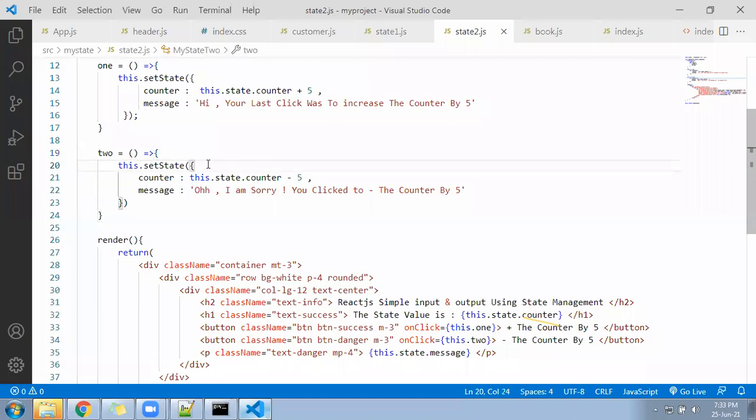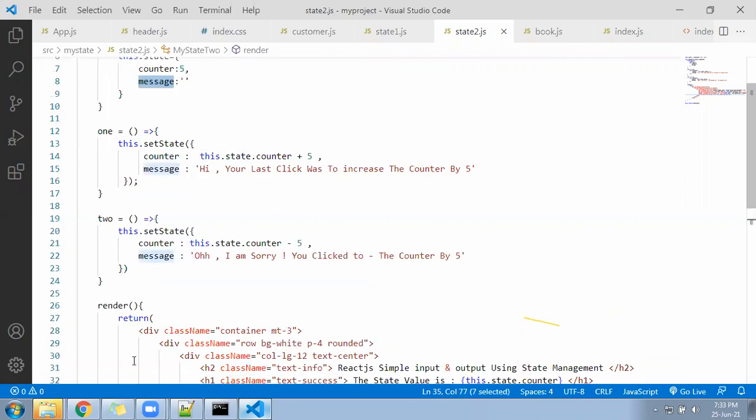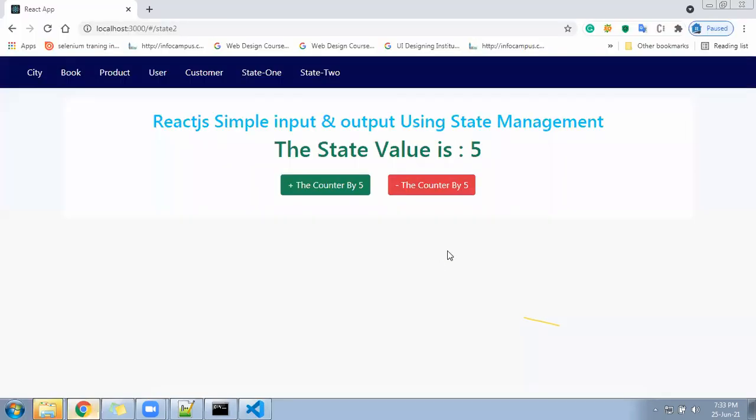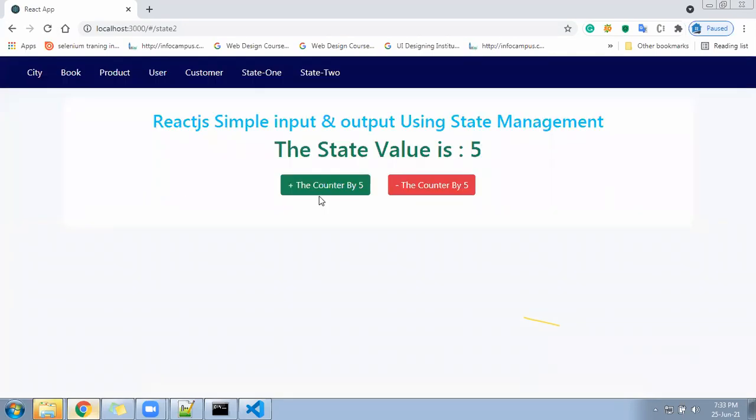The first button it will display, and if you click the second button, it will keep on changing this.state.message variable. Let me go here. See, there is nothing. By default we have 5. After that, I'll click on the first button.